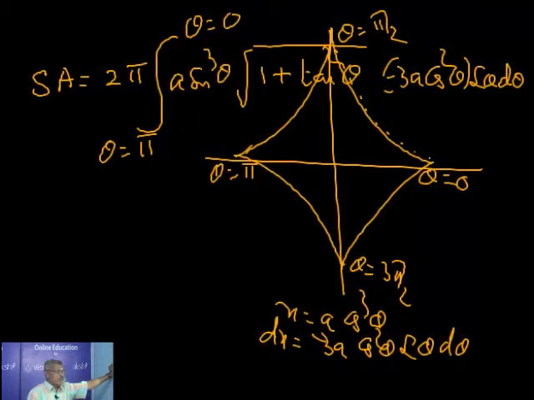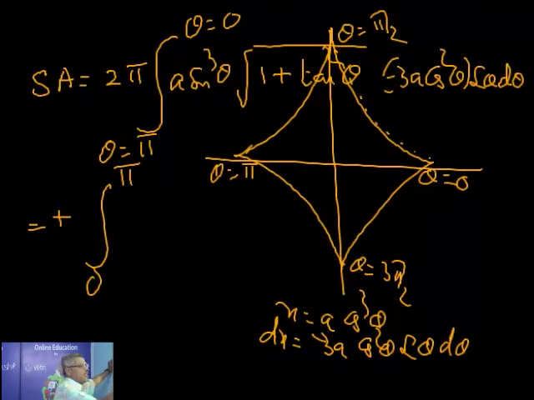Let us see how. First of all, the limits are minus pi to 0 with a minus sign; we can make it plus, with the integral from 0 to pi because of this minus sign. According to a property, the integral from a to b of f(x) dx is the negative of the integral from b to a of f(x) dx. I am removing the negative sign by making it positive here. 2 pi is here, a is here, 3a is here: 3a square times 2 pi gives 6 pi a square. Later on you can take it out, it's a constant. Sin cube theta